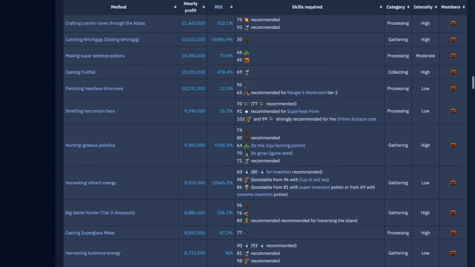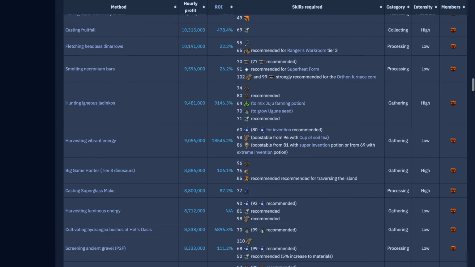Fruitful Scrolls, 10.3. And again, Fruitful Scrolls, do it while making Super Defense Potions, and you're going to be making 21 mil profit. Easy. Fletching Headless Dine Arrows, 10.1 mil. And this might be something I throw the main account at because it's just so throw-it-there and AFK and easy, and it just makes 10 mil an hour. If I've got nothing for the main account, it's either going to be that or probably Archaeology as well is